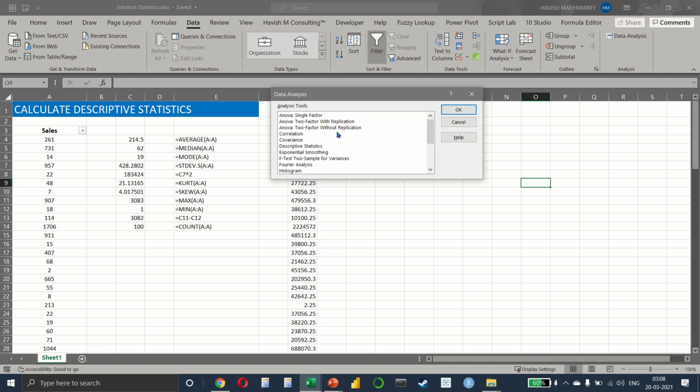And as you can see, we have several options available here. We have analysis of variance, correlation, covariance, descriptive statistics, exponential smoothing, F-test, Fourier analysis, histogram, moving averages, random number generation, rank, percentile, regression, sampling, and different types of t-test and z-test. We will select descriptive statistics, click on OK,